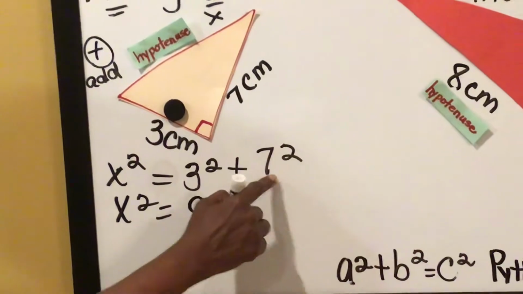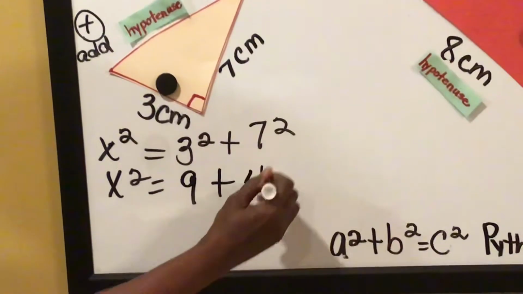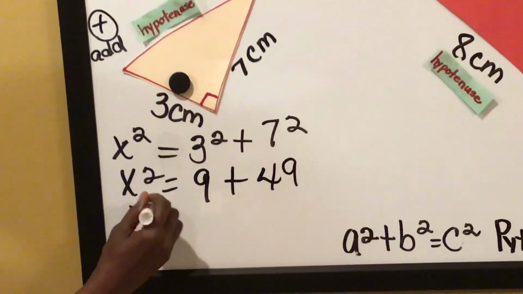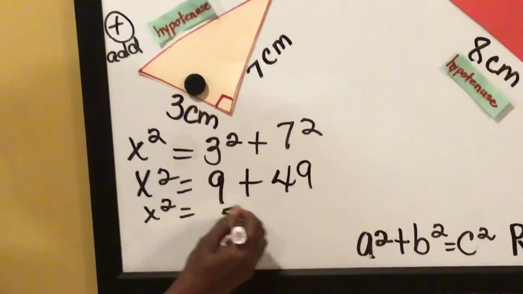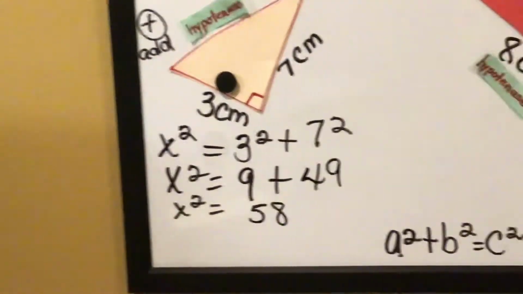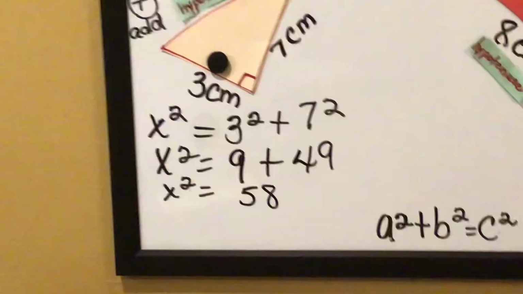What's 7 times 7? 49. Bring down my x squared. If I add 49 plus 9, what do I get? 58. 58. Now we're not quite done yet because there was one more step that we have to do, and